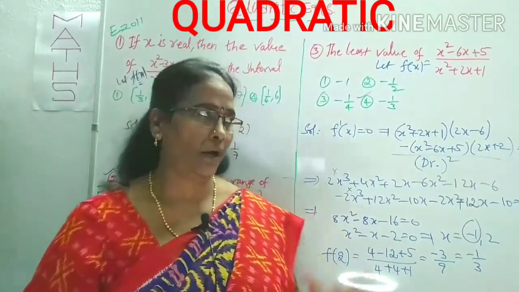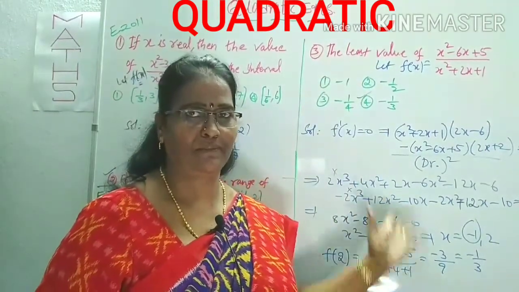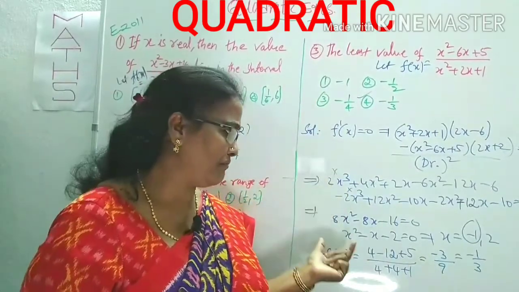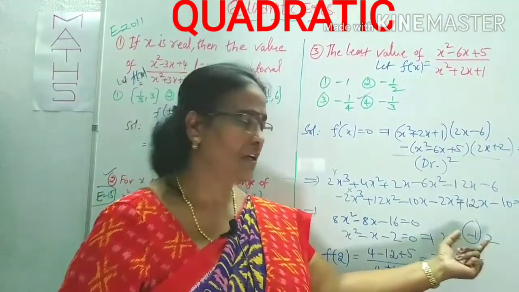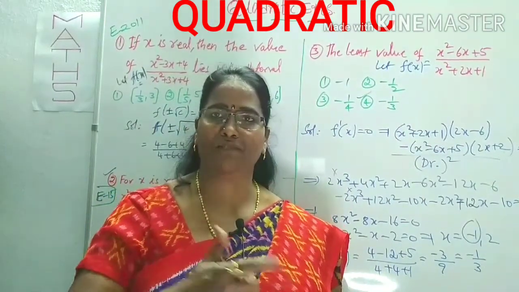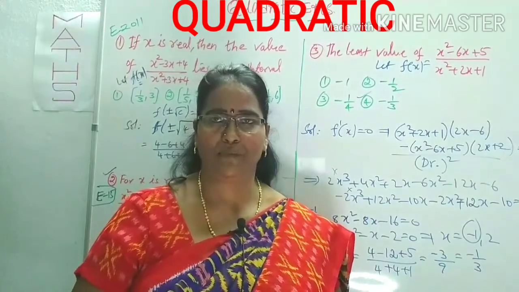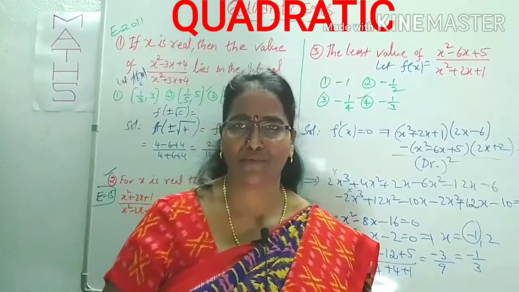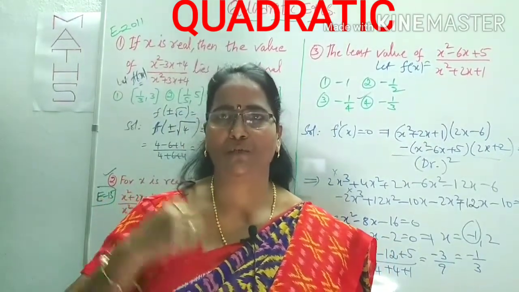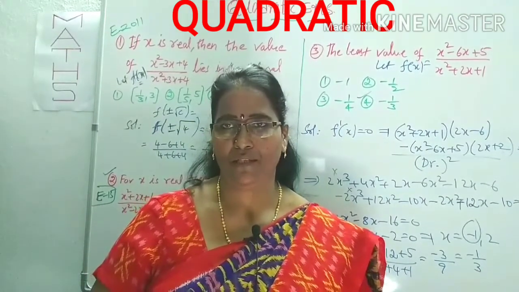Is it clear? Now if these two cases fail, we can think about the derivative concept. Derivative concept means either for maximum or minimum, the derivative is 0. From that we can find out x value or values. Those values you can substitute in the given function. So which option is correct, that one you can pick up. Like that we can find out these three expressions' range, either for minimum or maximum values. Is it clear? Some more questions we will do. Look forward to doing some more questions. Those are also most helpful to you.